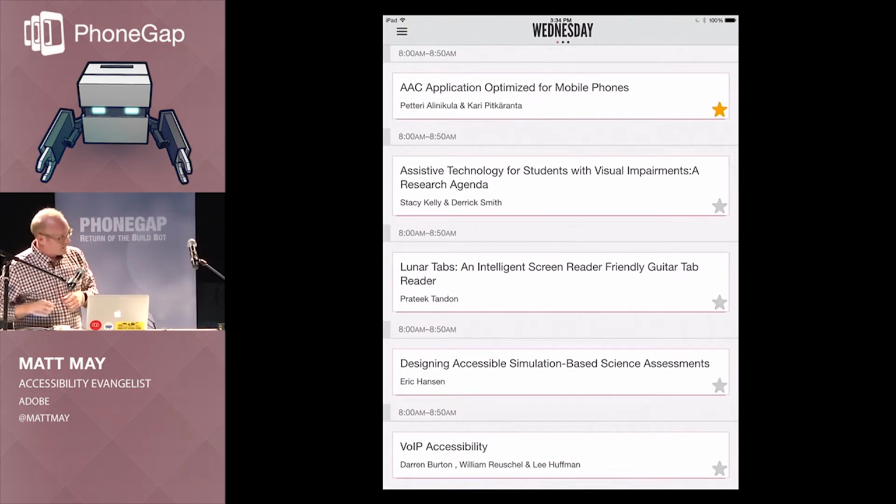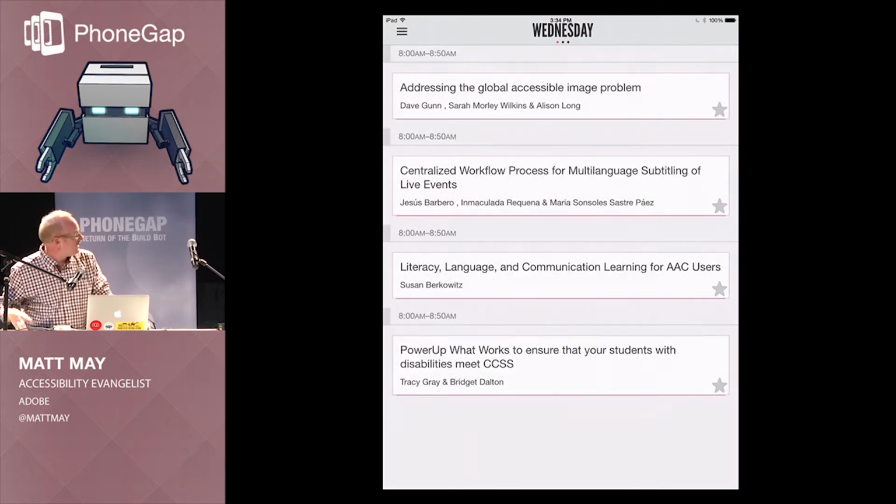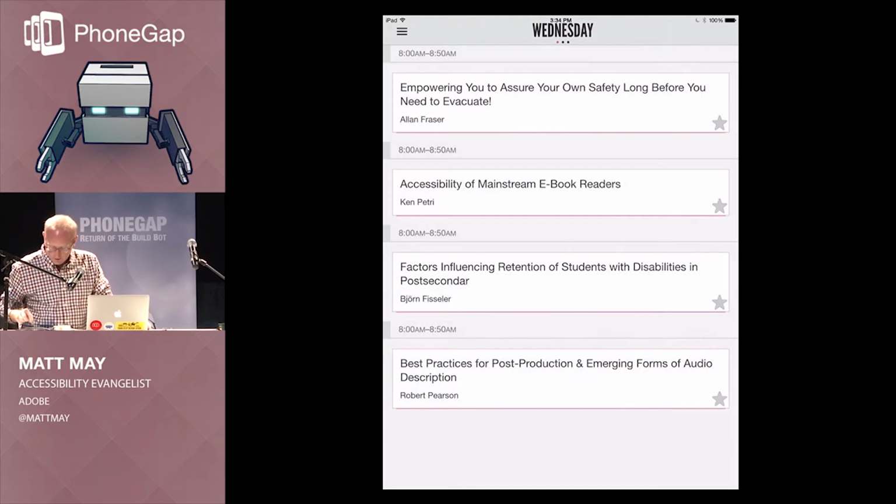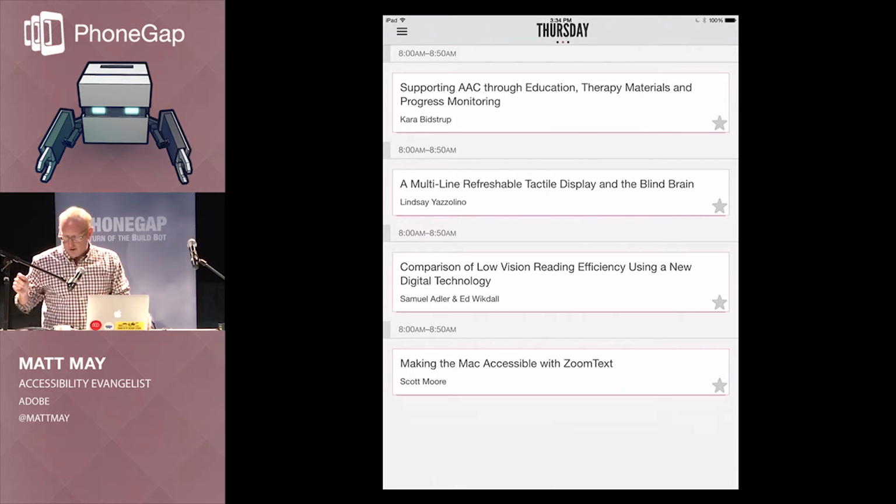So I will load this application. We have this neat little paging interface that loads it up. We can move back and forth between the days up here. So all of these components are basically based in HTML in some form or another. So there's nothing really magical about the way that we put this together. But now I'm going to turn the VoiceOver screen reader on.